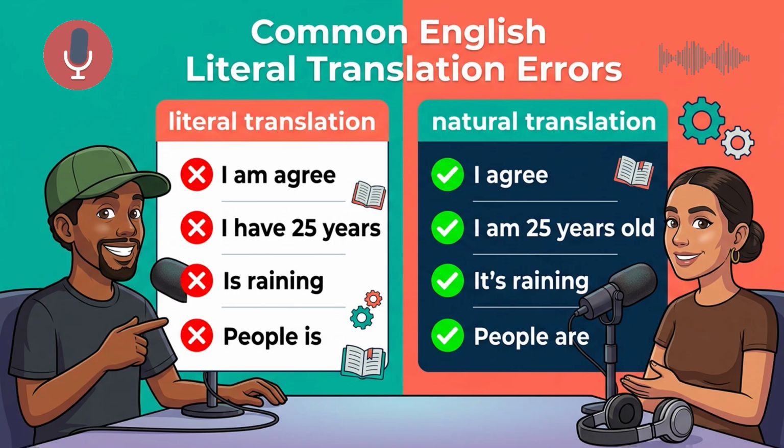One of the ESL teachers in our sources used a really brilliant analogy to explain this to her students. I want to share it because it makes the concept so easy to visualize. Please do. She tells her students to imagine a backpack. You wear this backpack every day. A physical space to hold the things you own? Exactly. If you own an object, you can put it in the backpack. You can say, "I have 3 books," because you can physically place 3 books into the bag. That makes sense. You can say, "I have a phone," or "I have 2 pens." But you cannot put 25 years into a backpack.